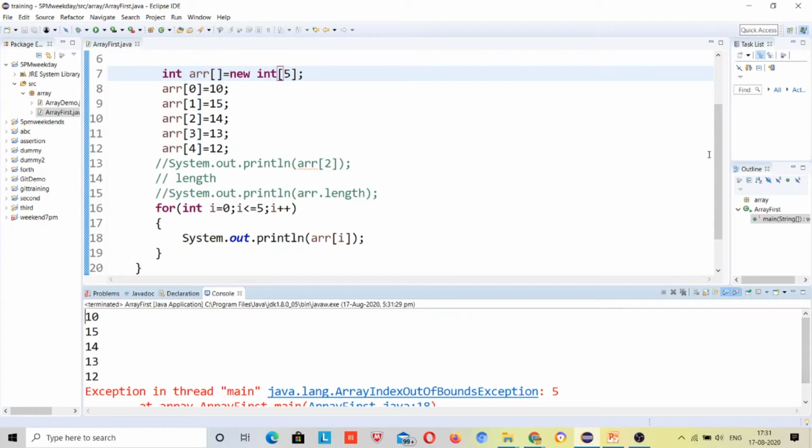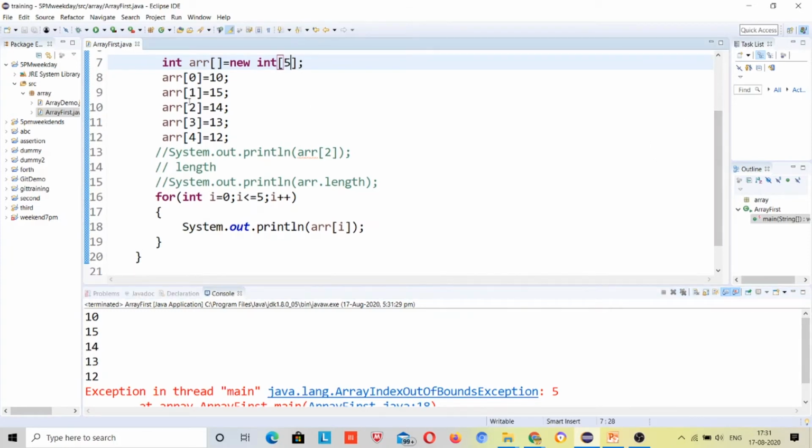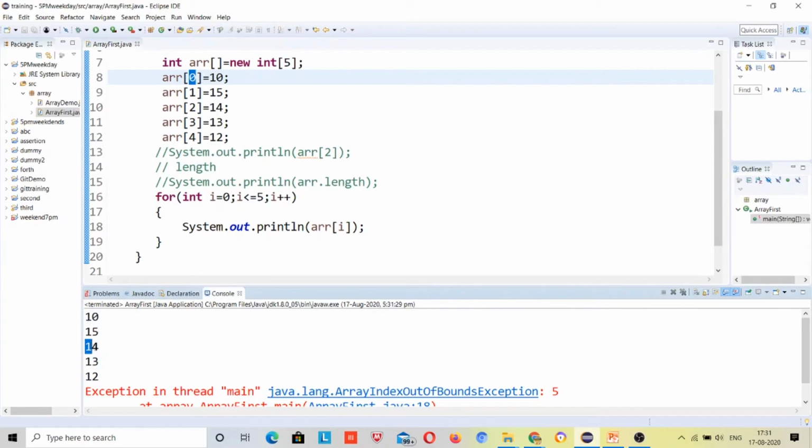So how will the code run? First time it will print index 0, then the second, third and fourth index. Fourth index means the fifth value, right?